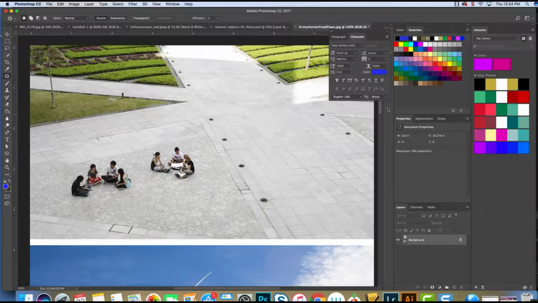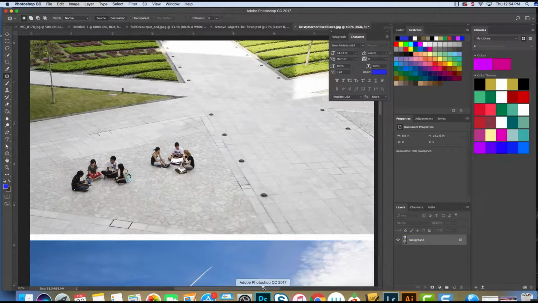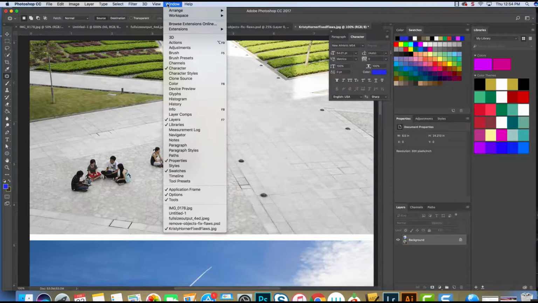You can also, of course, always use these scroll bars on the right side and the bottom of your screen, or yours might be in a different location, but you can use your scroll bars if you want to. Let me show you one other way to do this. So if you go to Window and Navigator,